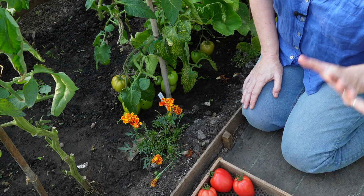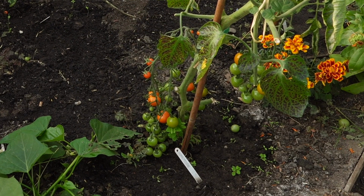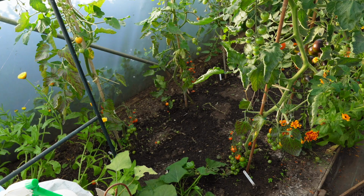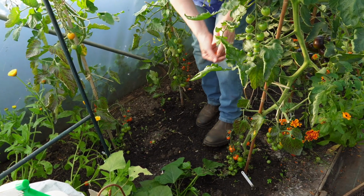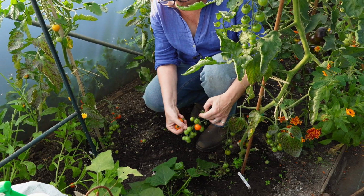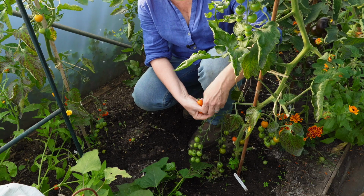But the one I've really been raving about is at the other end of the tunnel. Let me show you. I've become a bit of a tomato bully of late because no one is actually allowed to leave the tunnel without trying one of these absolutely incredible honeycomb. First time for me, the RF1, which is a shame because I won't be able to save the seed, but they are one I will definitely be investing in next year because, oh my goodness,